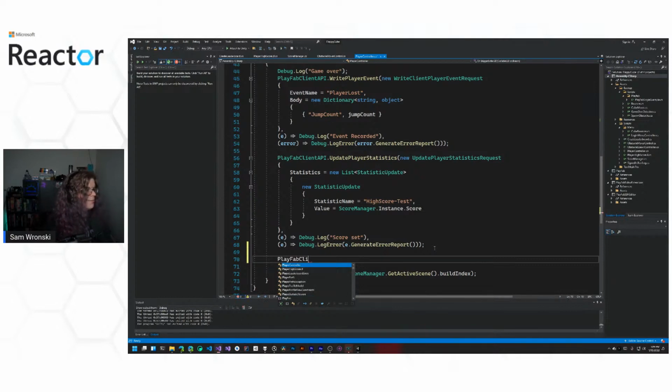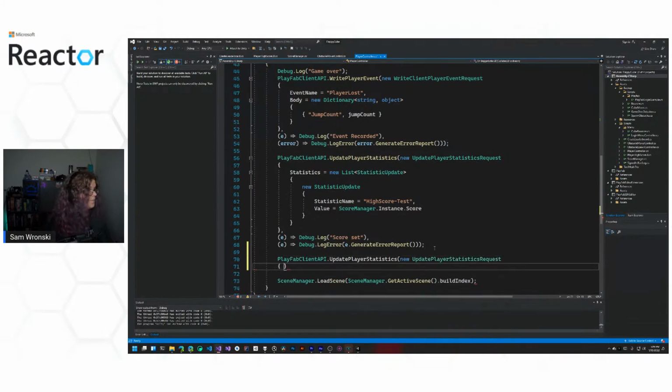So if we do PlayFab client API, and update our player statistic. Again, this will not work if you have not set up PlayFab to support this. So update player statistic request. There we go.